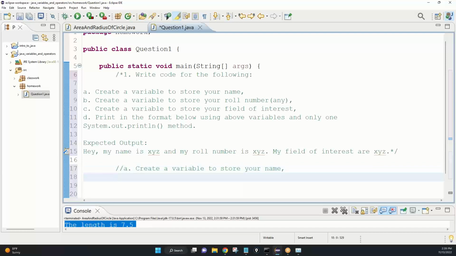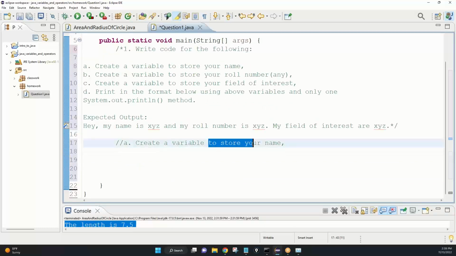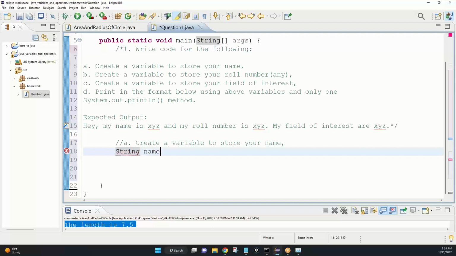And the code for that is create a variable to store your name. You need to write string name or my name equals, and you say Annie. Semicolon to close. That's it